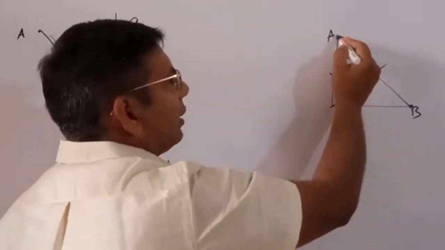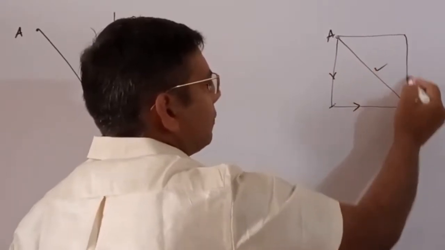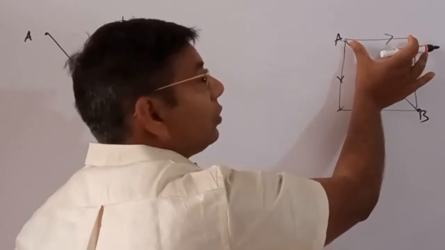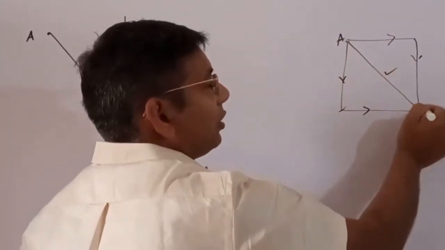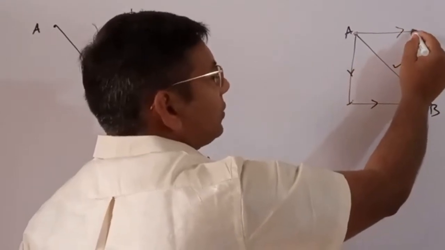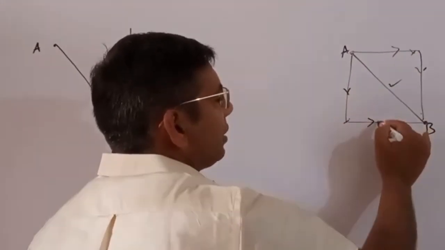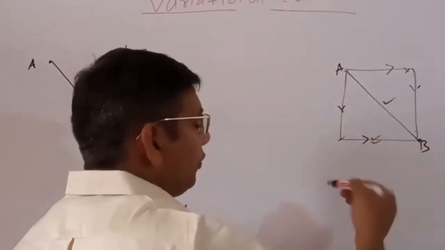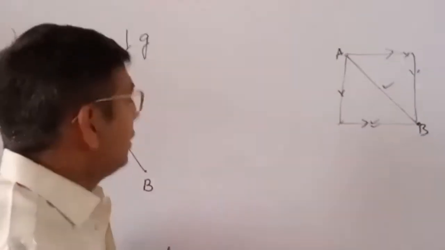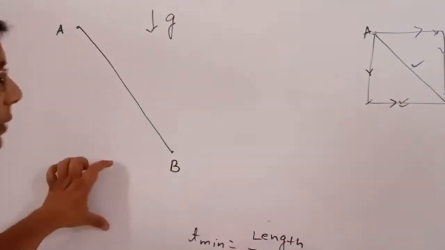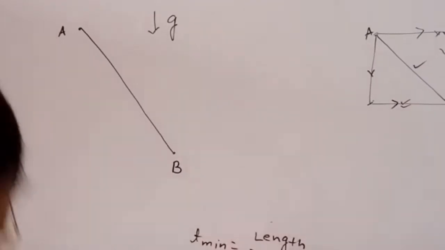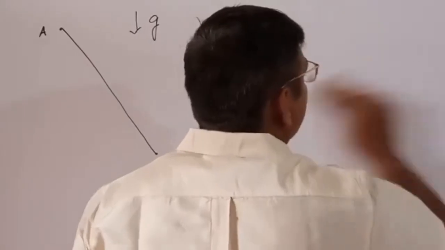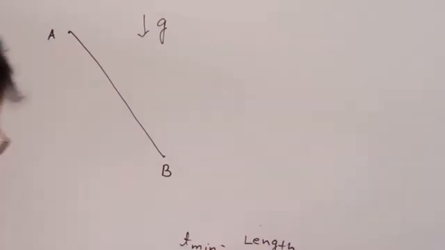Then what about the other one? Let's take this one. This has a very low velocity, almost zero, and from here also very low velocity. So this is not an option, right? This is a good option, but this is an even better option, it seems. But there are other ways we have to find out, because there are two things, length and velocity. So this is the problem, and you may be surprised to know that this is a classical problem. This is not an ordinary problem.